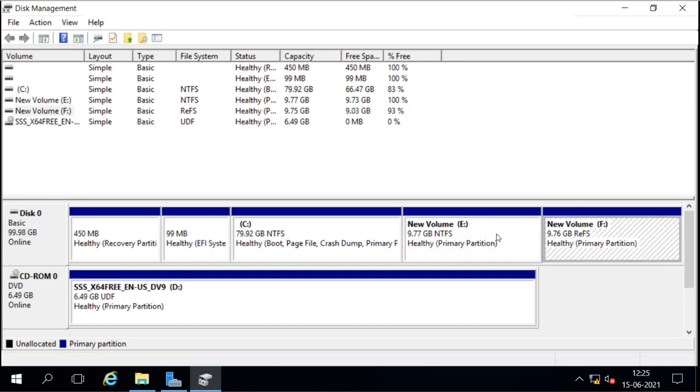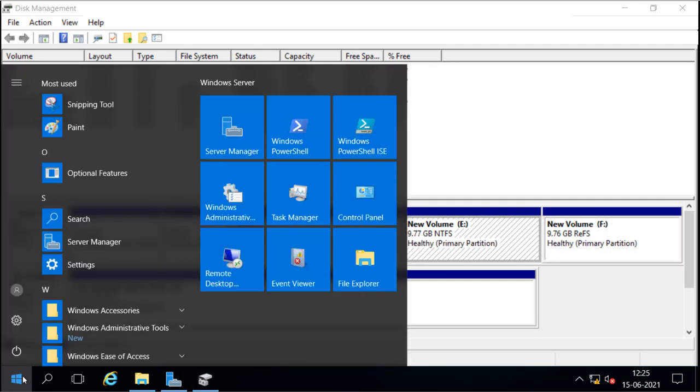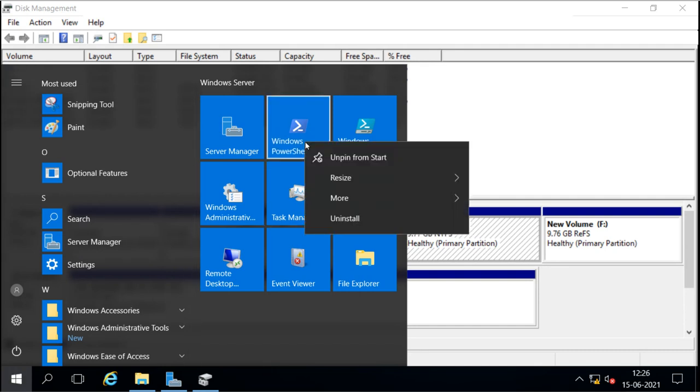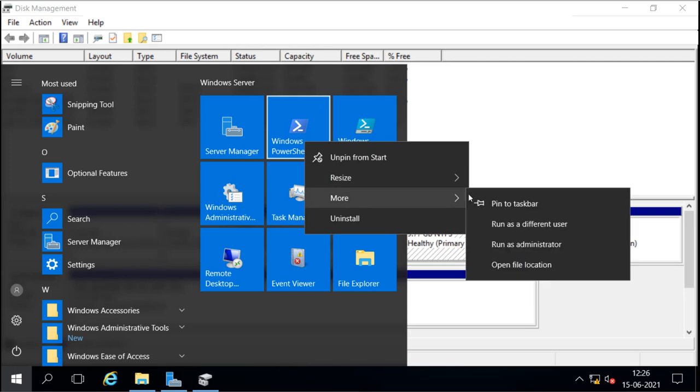Now if you want to see the difference between these two, we can go to PowerShell and run a command for that. I will run PowerShell, right click, and run as administrator.